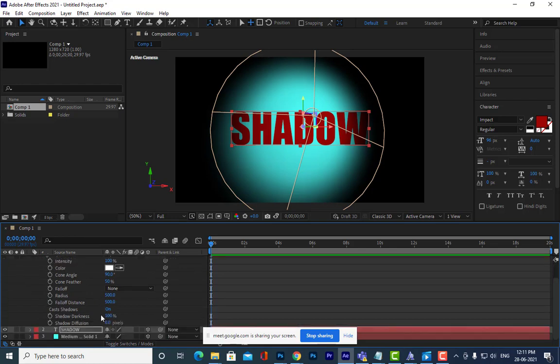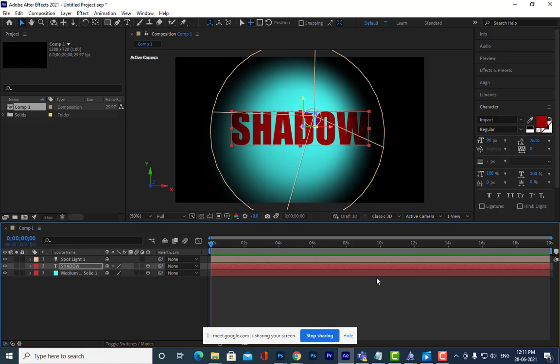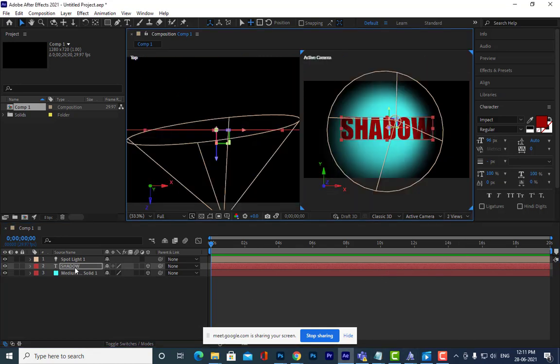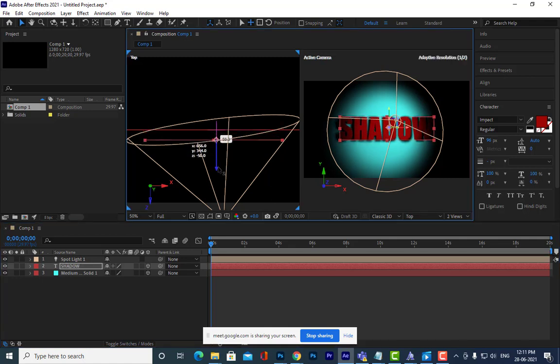See here, they are already on here. But still, are we able to see the shadow? Now we are able to see the shadow, right? When I went to two views, can you see the shadow?